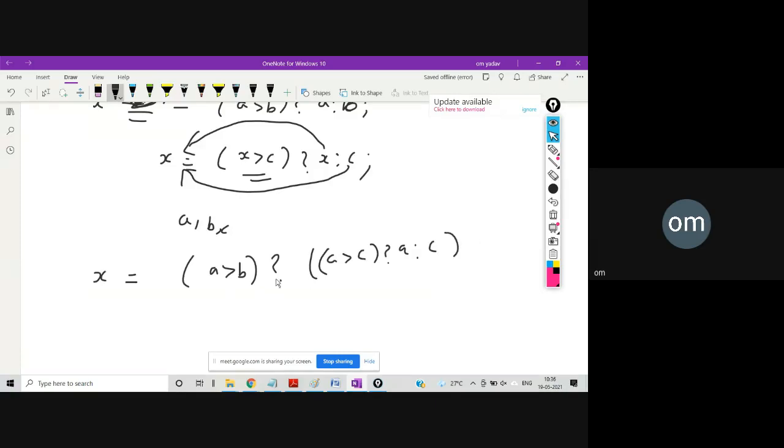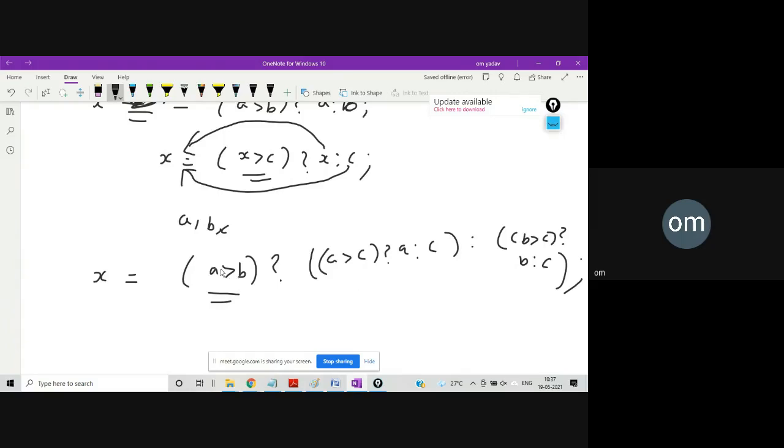Now for this one, there will be a colon, and in the second part I'll write the following. If this condition is false, that means B will be greater than A, right? So I'll check B with C also. So here I'll write B is greater than C question mark. If yes, then B will be copied, else C will be copied. So this is how I can write the entire thing in one straight line. Once we do the program, I can show it there, right?